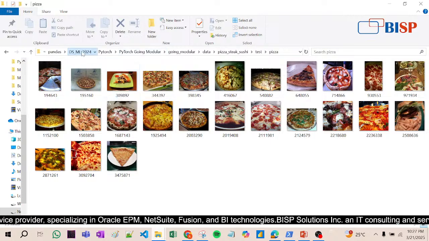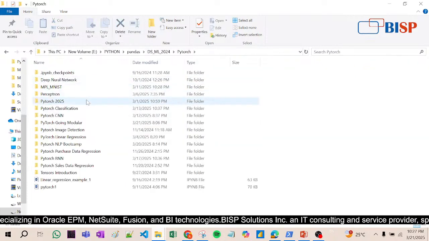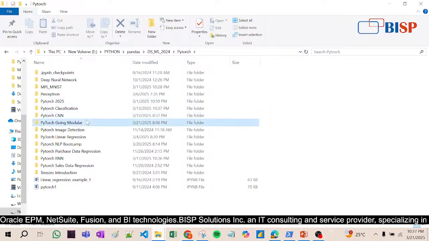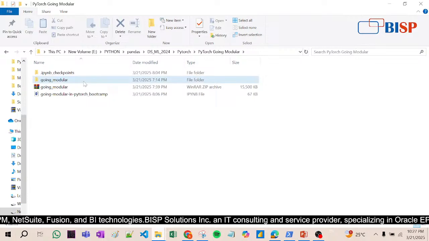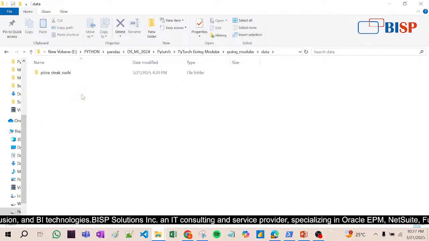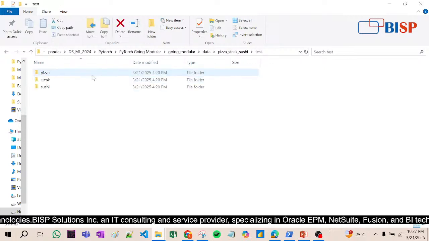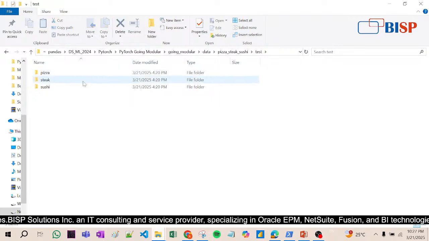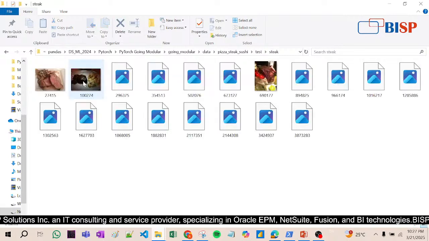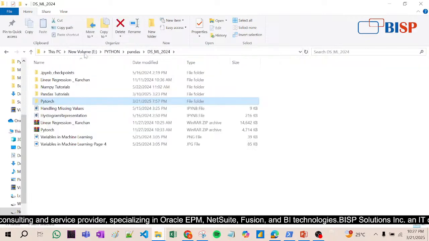Okay, once again I am going to show you going_modular here, and then you will go to the going_modular folder, then you will see here the data is steak, sushi, train. Let's take here, look at this. Okay,